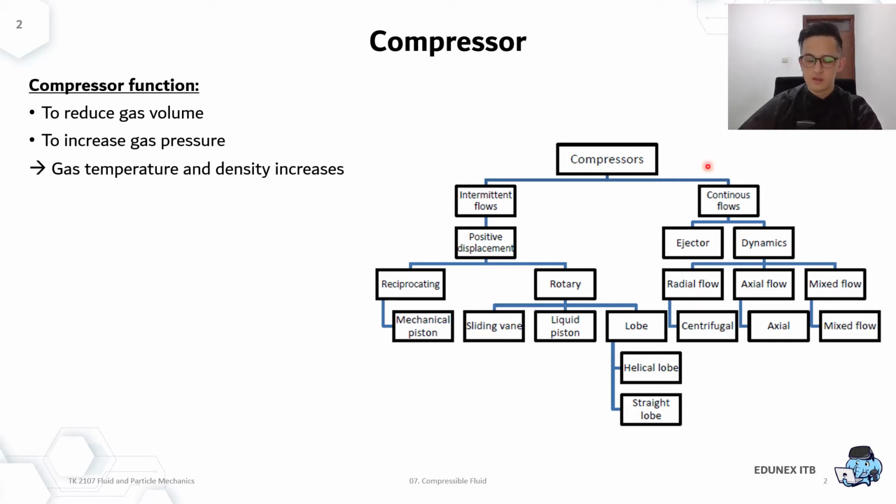In terms of the classification, it's quite similar to a classification of a pump. We can have a PD pump. Now we can have a PD compressor, and that can be divided into reciprocating and a rotary compressor. So like a piston or two gears moving in the opposite directions. And we can have a continuous flow that can be achieved using a radial flow such as a centrifugal compressor, axial flow such as an axial compressor, or even a mixed flow.